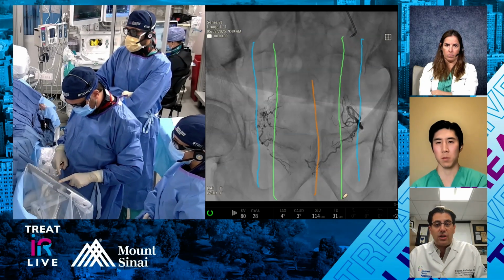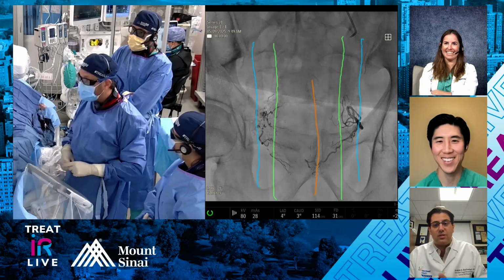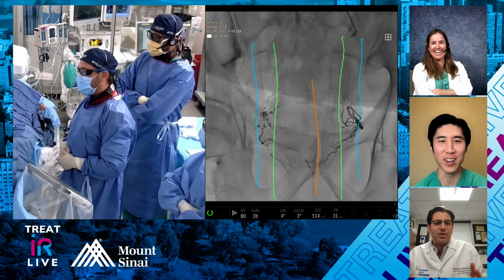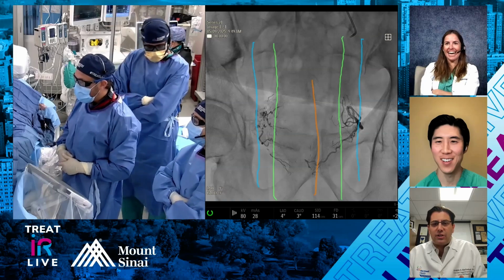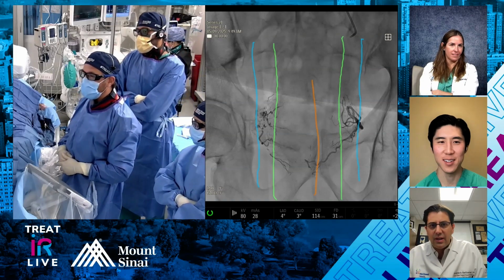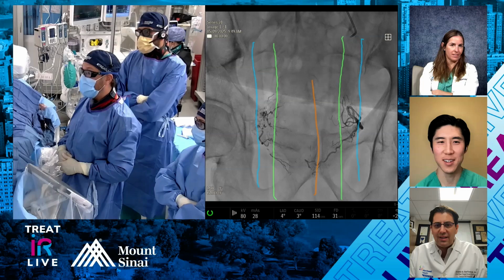I love this machine that you have, Fischman. This is amazing. Yeah. I come and I'm jealous. The picture looks amazing. What's your dose so far for this case? Yeah, I was going to mention that in a second, but